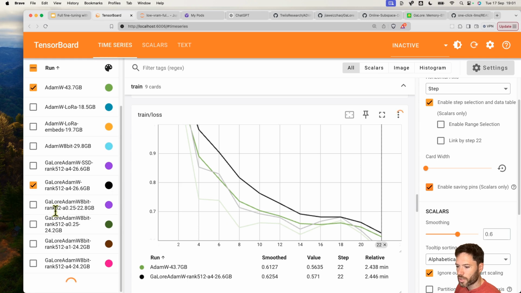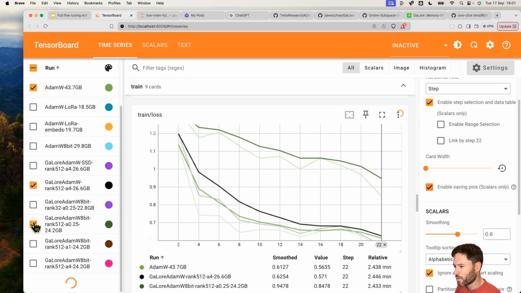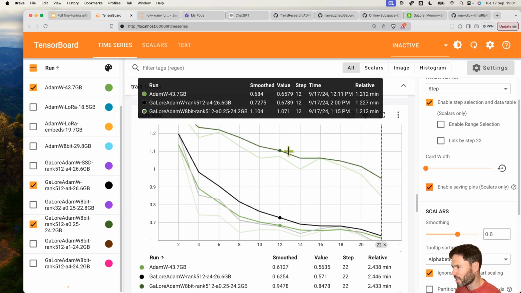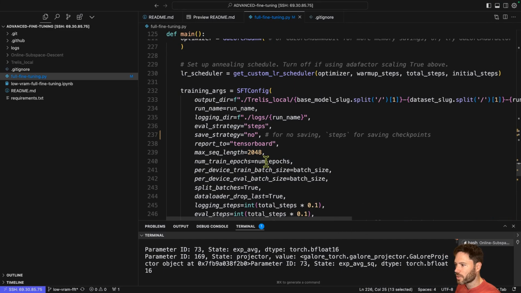Now notice that if you decide to lower alpha down to something like 0.25, you get significantly slower convergence. So here in dark green at the top, we have alpha of 0.25, whereas in gray or black rather, we have 4. So this is why I think it is important to set the alpha parameter to something like 4,